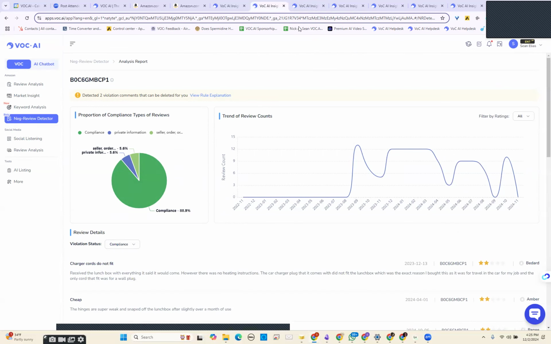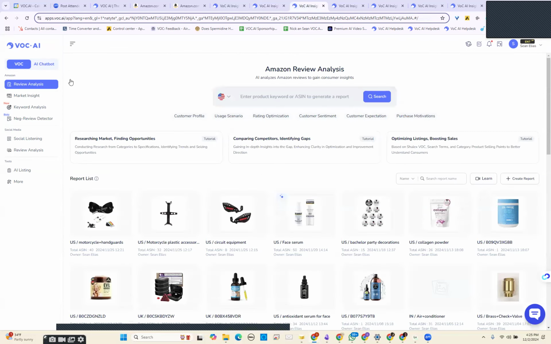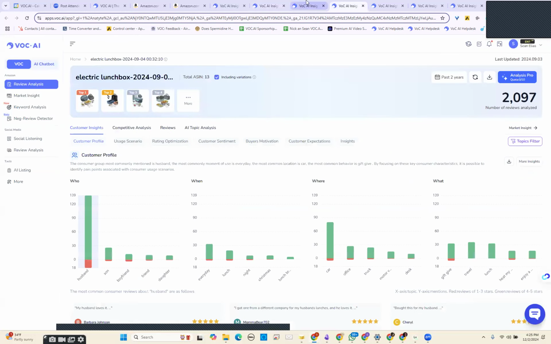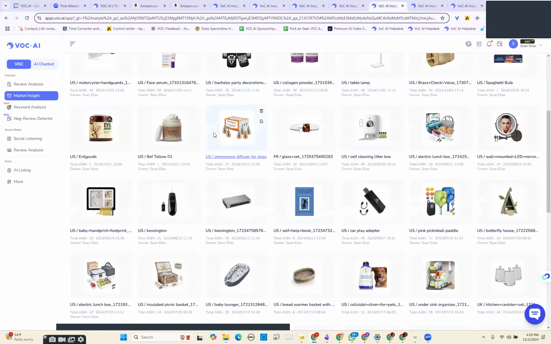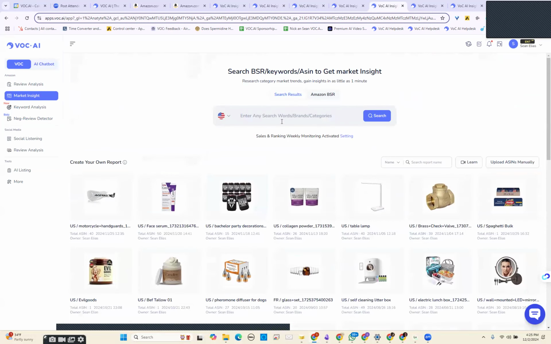Of course, you can see the review trends. Going into the next one, let's go into market analysis. Let's do market analysis in here. So what we want to do here is we can either start from Amazon or from the search box. So we can type in